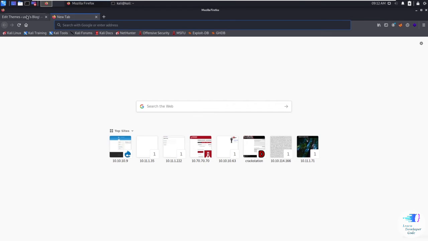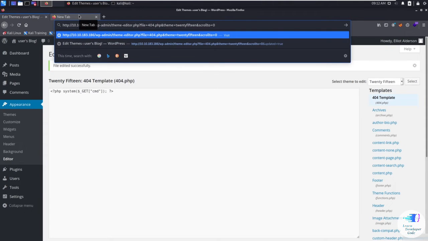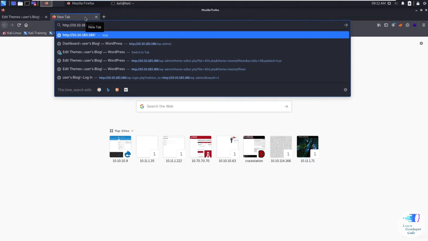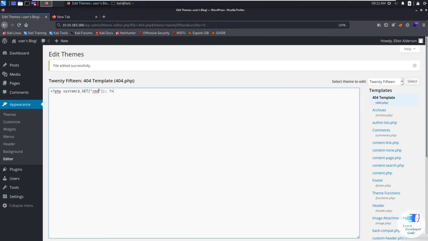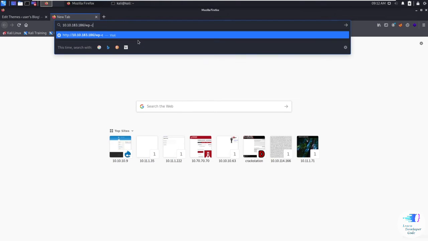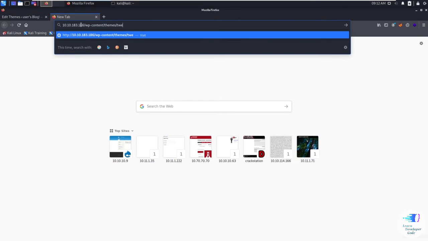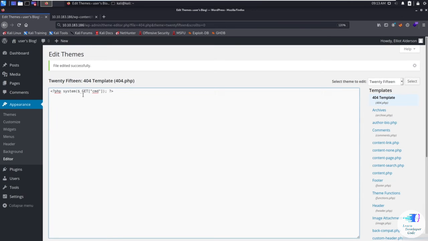Okay, so let's copy this URL and paste here. Now how to go to this 404.php? So let's go to wp-content. In the wp-content we will have the themes. We have already seen the directory structure, and in these themes we have the theme Twenty Fifteen, /404.php, and you can see there is nothing